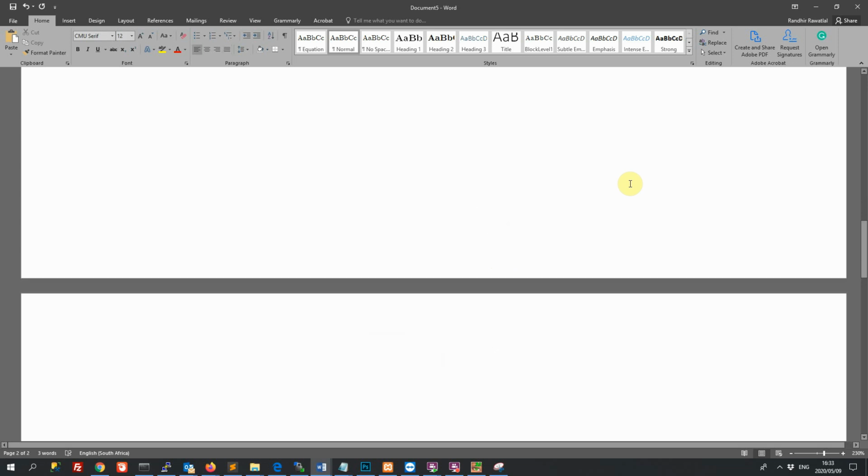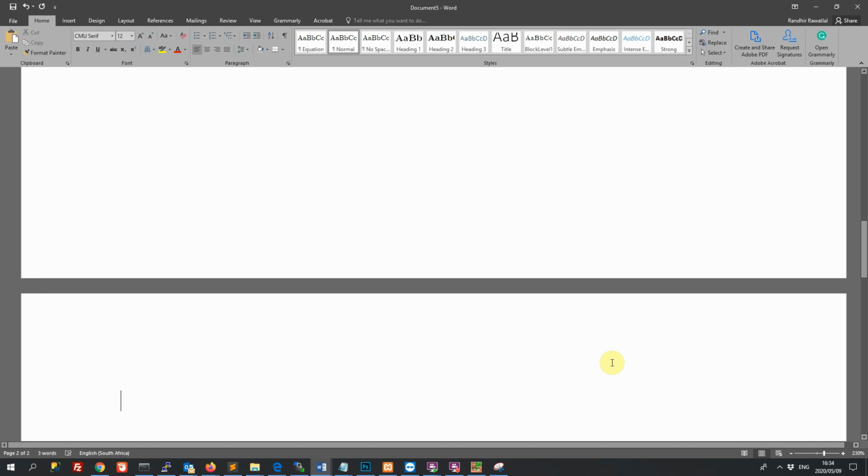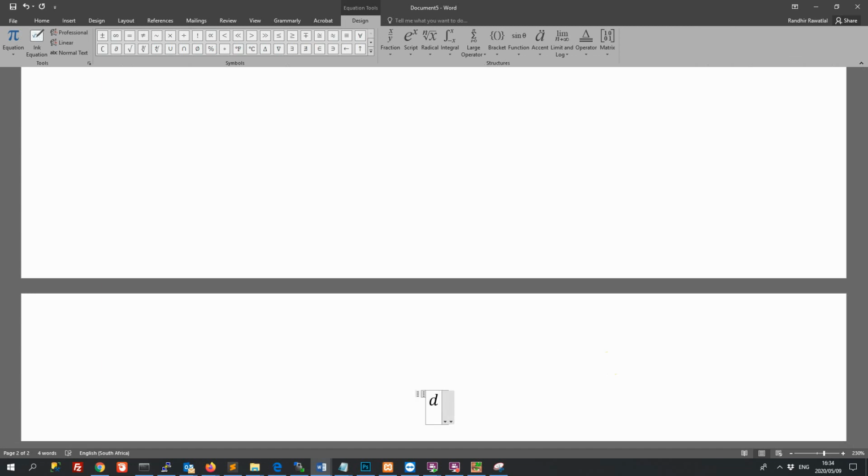So we've got A and B fed in with Q in, so we can write the rate of change of the moles of A, dN_A/dt, equals the flow rate of A entering the reactor, which is Q_in C_A,